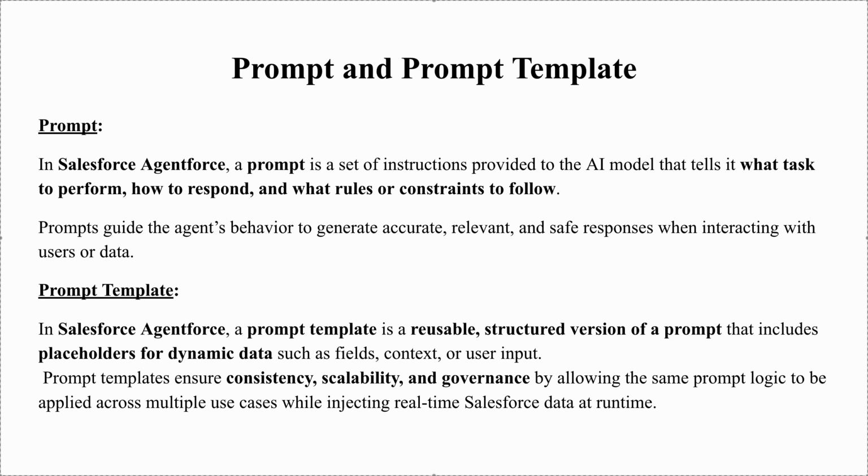I cannot really go and write every time, summarize chapter one from textbook one, or summarize chapter 10 from textbook 8. I cannot manually write the whole prompt again and again. So what I can do is add placeholders, like summarize some field. I'll store these chapter values and textbook values in some fields, and based on the information I need, I'll go to that record and use the prompt: summarize this current chapter with the current textbook.